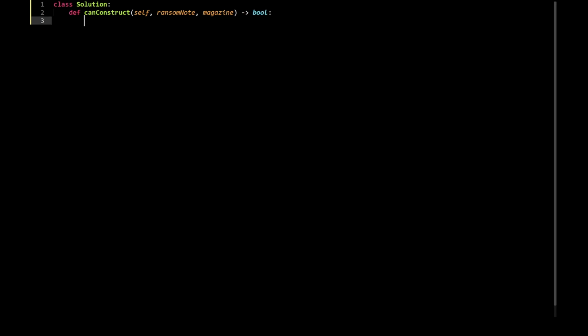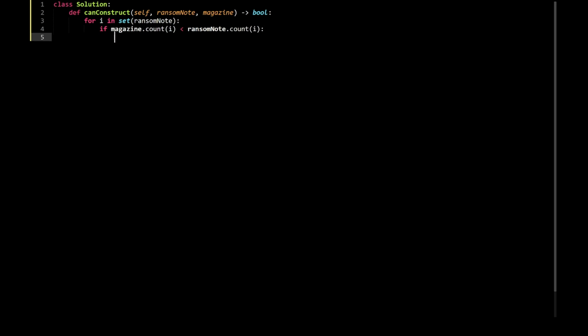and the idea is pretty simple. Iterate through each unique letter in the ransomNote. So I'm going to use the built-in set method: for i in set of the ransomNote. The set will give you each unique individual character inside a string, and I'm going to simply say if the count of the magazine, I'm going to use the count method over here, of that ith value is less than the ransomNote's count of i,